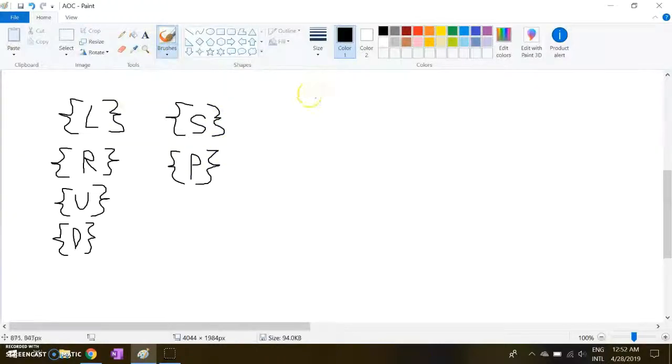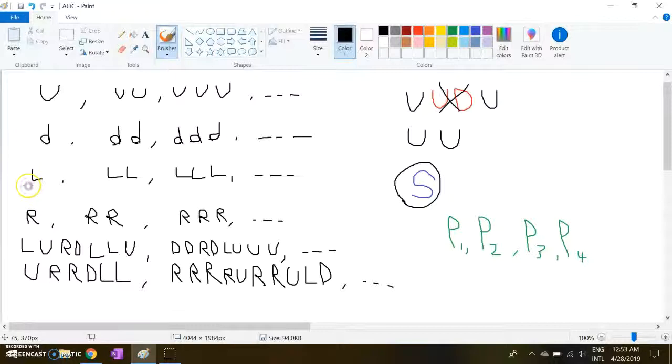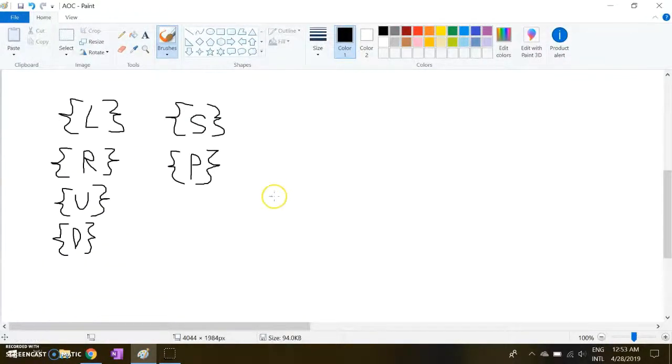So we're going to take all of these sets, all of these many, many orbits, and organize them. So we'll create a set, we'll call it L, and it'll be the set of all the names that have an L in the leftmost part of the word. So down here as well, but none of these, because this has a U, this has an R, and this has a D, and we organize it that way. So because of the axiom of choice, we can grab all the L's, all the words that have an L in the leftmost part of the name from all of the other sets and put them into the set L.